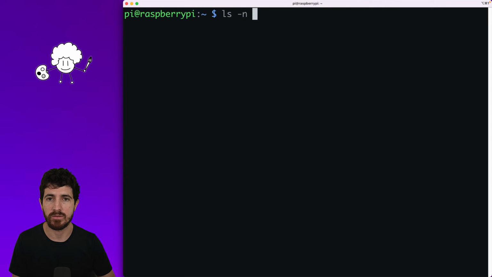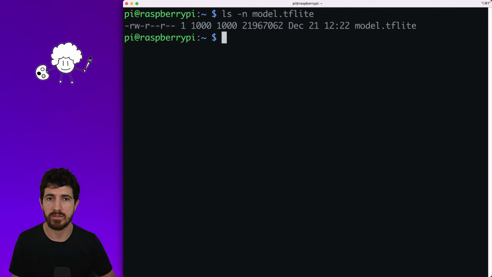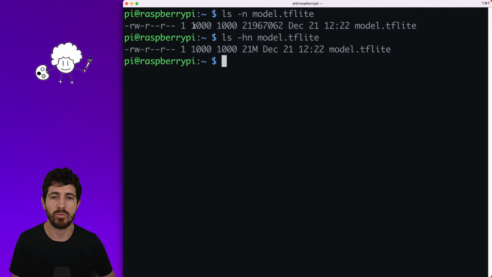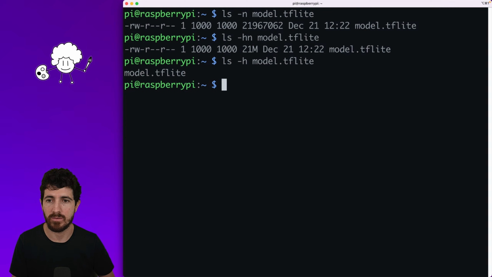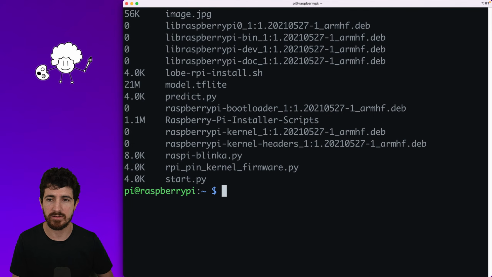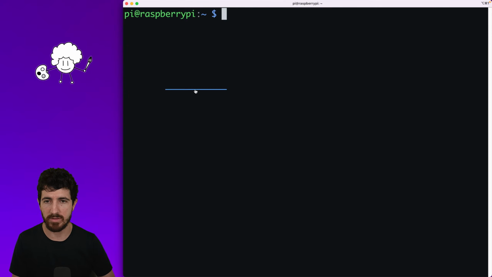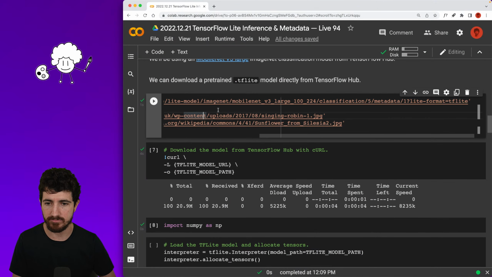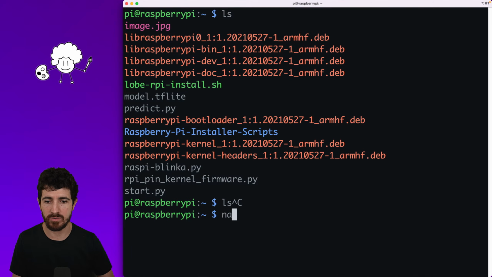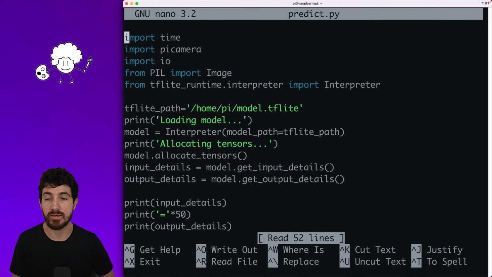So we can see model.tflite. It's 21 megabytes, right? So I added this H flag to see this in human readable form. We can actually do this, right? Yeah, so 21 megabytes. Okay, so we have the model, and we have in our predict file, we actually have the path, the TFLite path here, and the model is actually